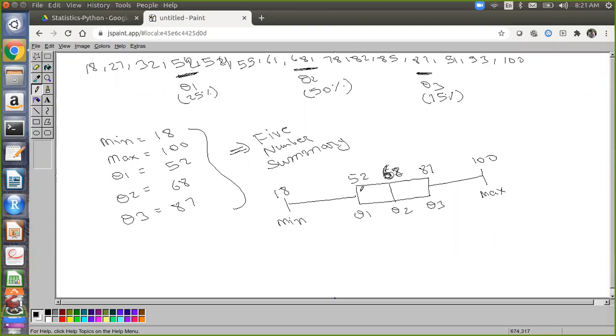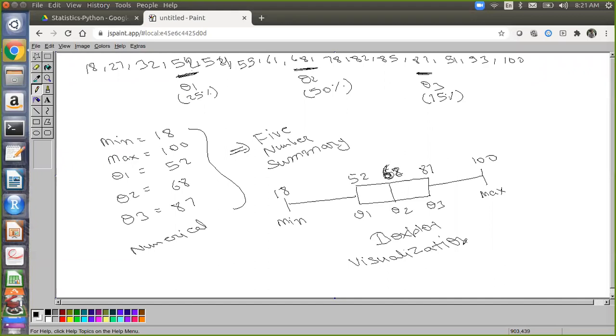So this is the 5-number summary, and this is your box plot. Both are representing a similar kind of thing. One represents the numerical format, and one represents a visualization. Whichever you are comfortable to look at, you can plot it. There is no thumb rule which one you have to go with. I usually go with the visualizations because they are easier to understand and easier to look at. That makes more sense.